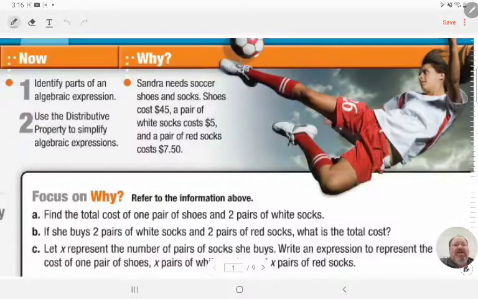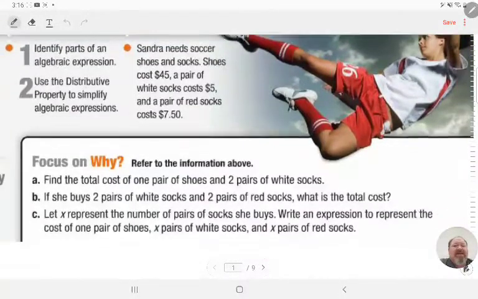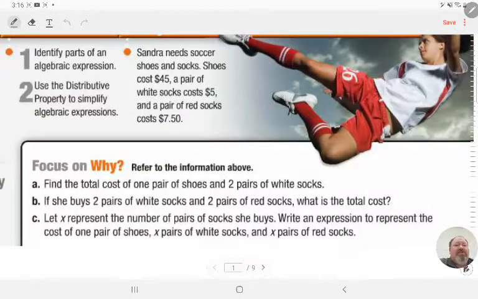So this first part says Sandra needs soccer shoes and socks. Shoes cost $45, a pair of white socks costs $5, and a pair of red socks costs $7.50. So we're to find the cost of one pair of shoes and two pairs of white socks. Well, we know one pair of shoes is $45 plus $5 plus $5, which is going to give me $55. And then it says if she buys two pairs of white socks and two pairs of red socks, what's the total cost? Well, we could say $5 plus $5 plus $7.50 plus $7.50,